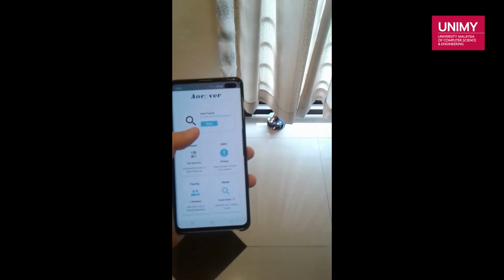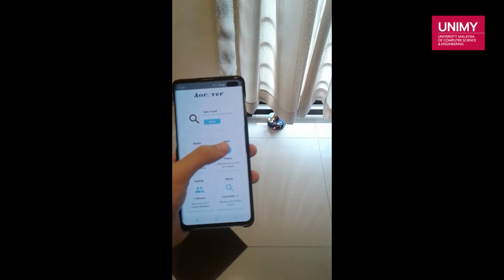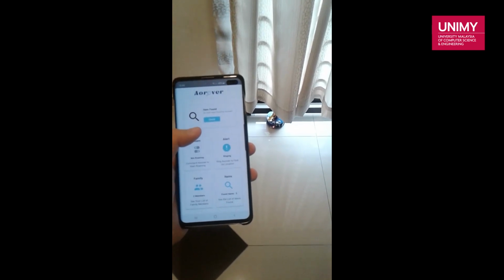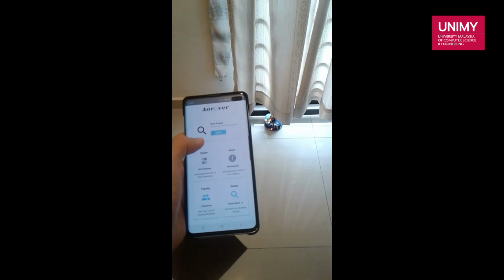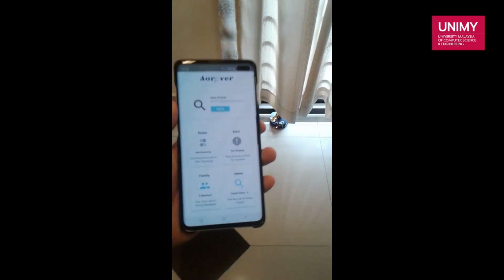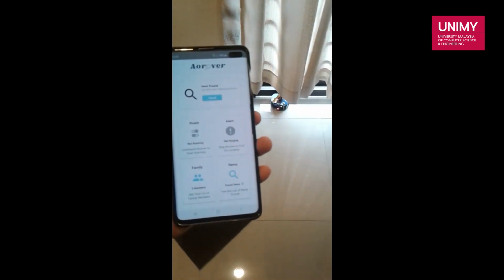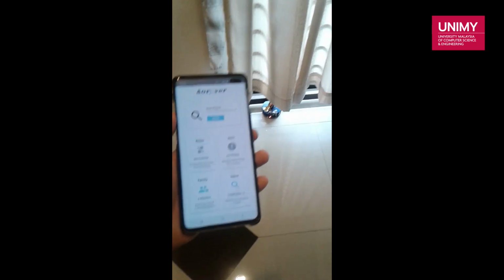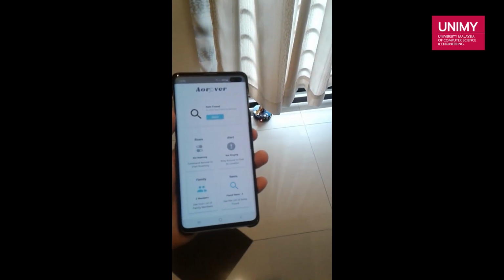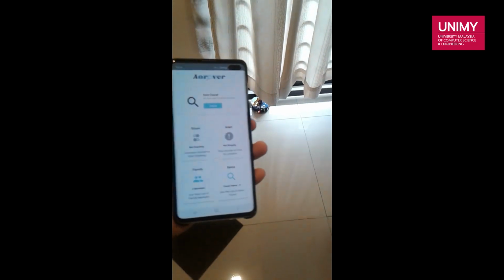And now I would like to turn off the ring. So now the mobile app shows it's not ringing, and then after a while the Rover will actually stop the buzzer from ringing. It should work. So this is how the main part of the mobile app will be able to control the Rover